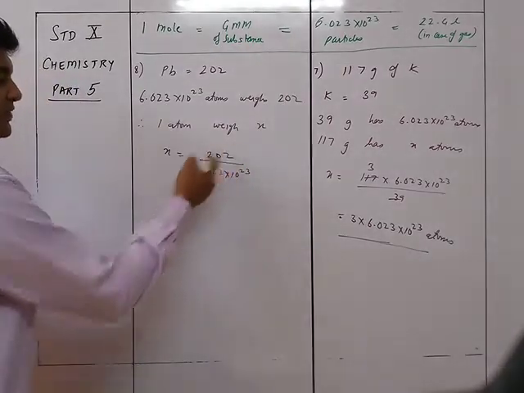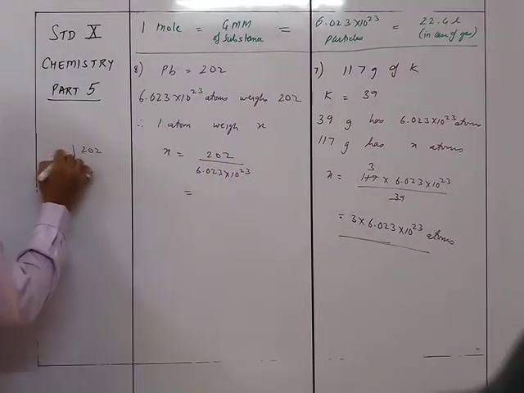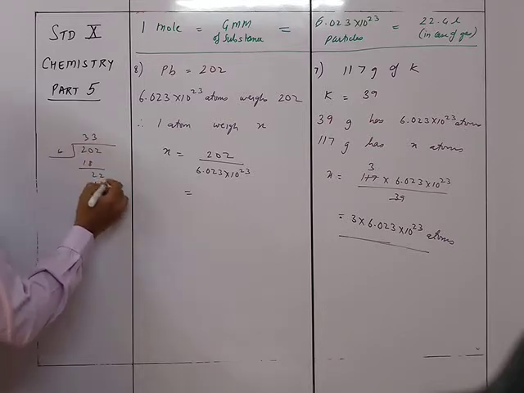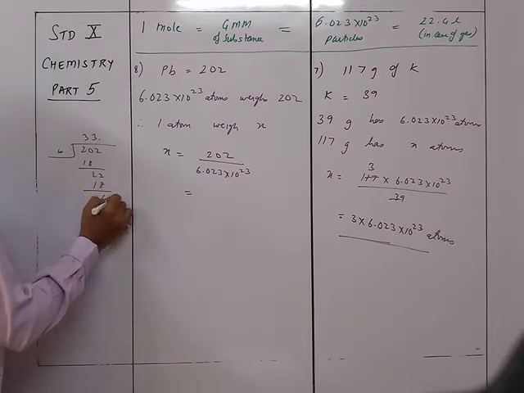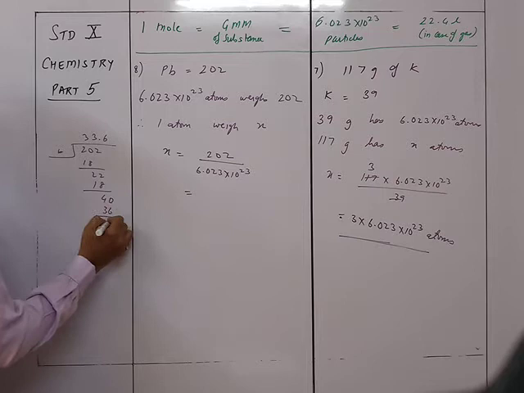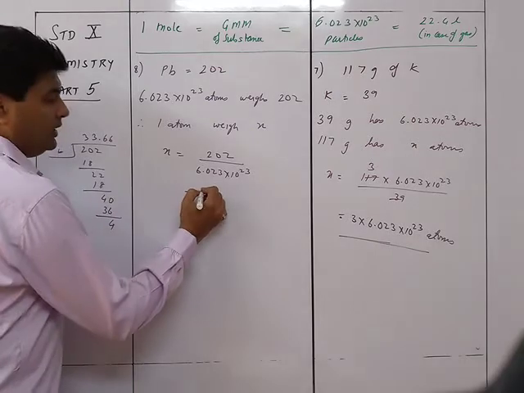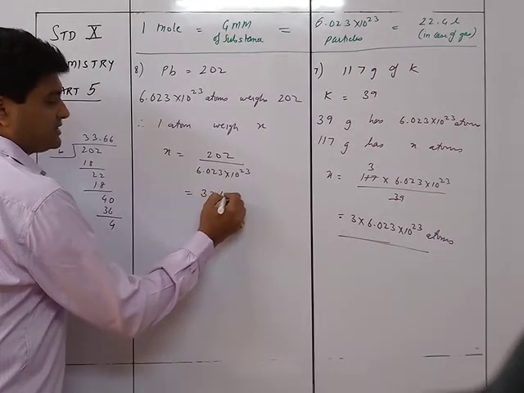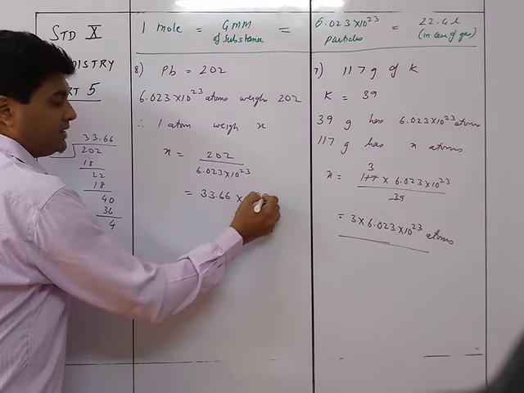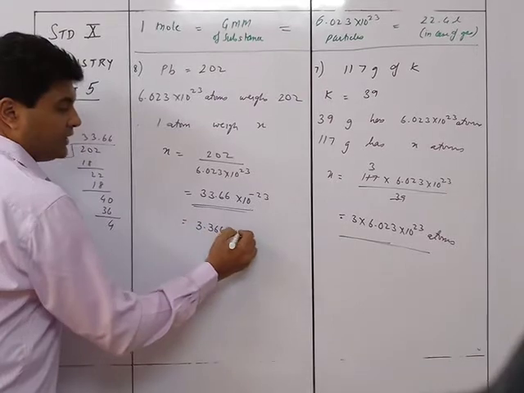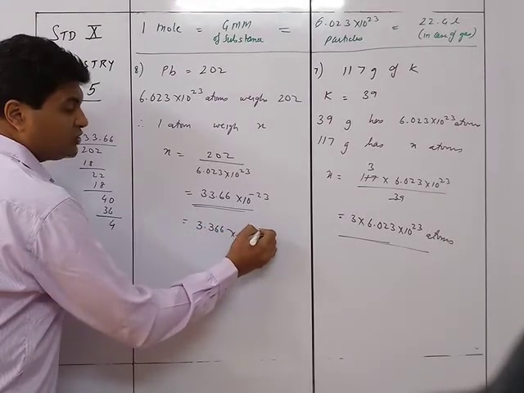What we can do is that we can just divide this by 20. So 202 divided by 6. 6 3s are 18 and then 22. So again 3s are. So it will be 18 and then it will be point and then it should give you 4, so 40, 6, so 36, and then it will give me 40 again, so 6.66666. So that's why it will be 33.66 into 10 raised to minus 23. So that will be equal to 3.366 into 10 raised to minus 22.